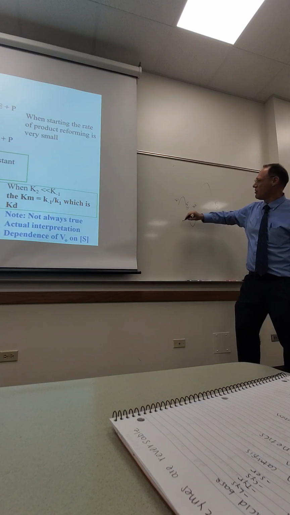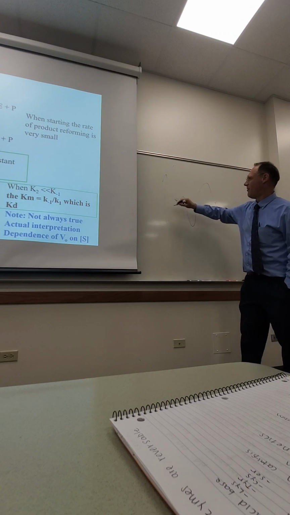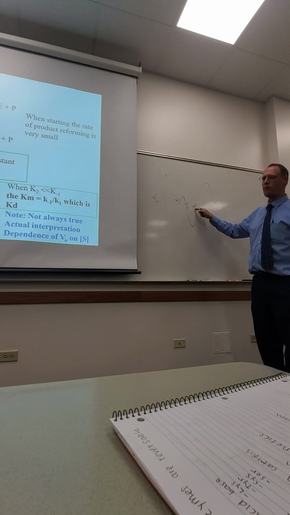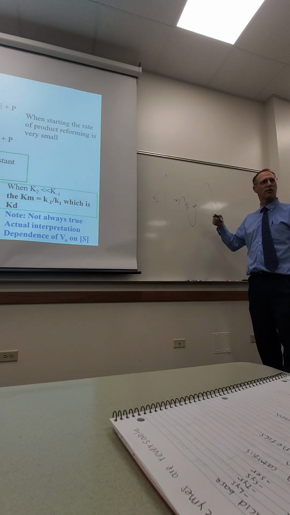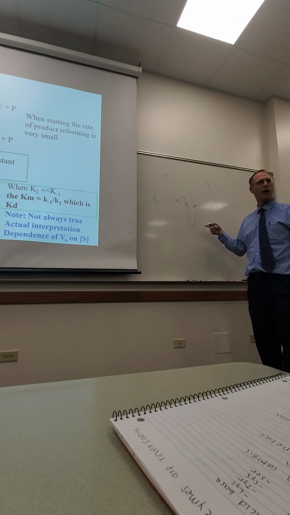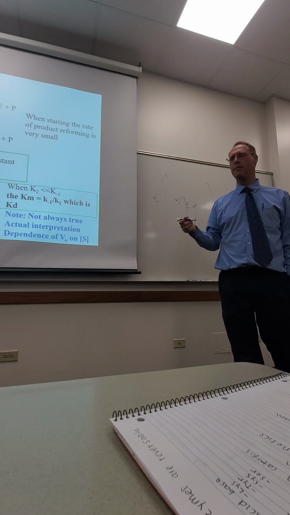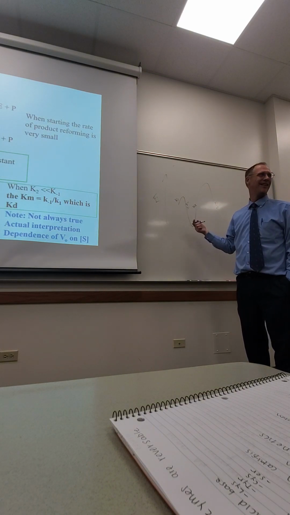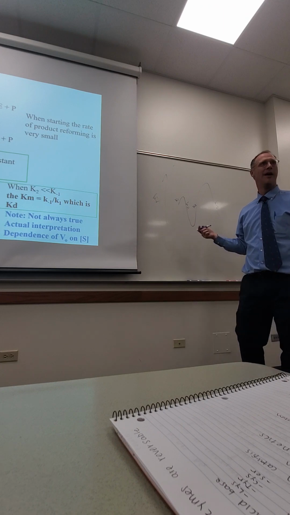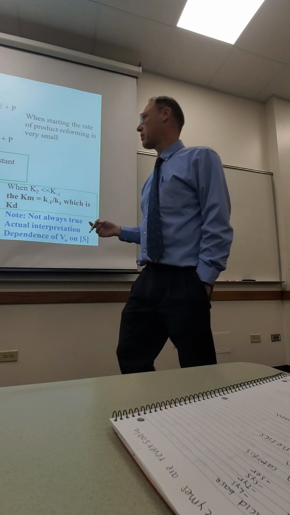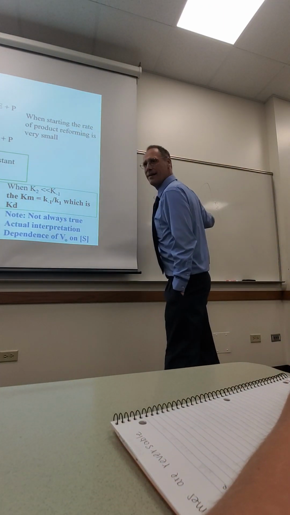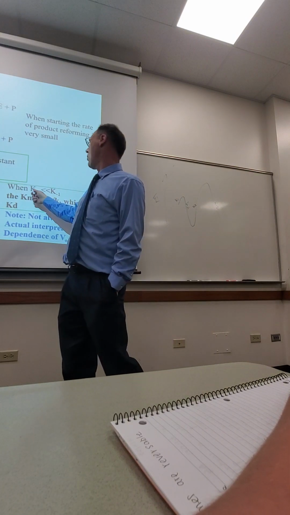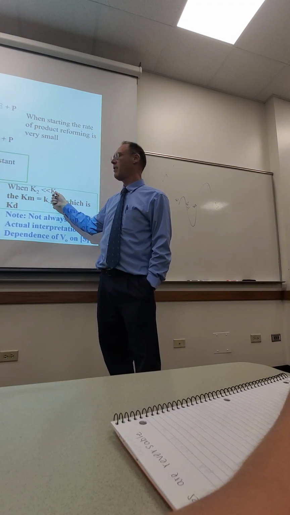This is the energy right here, but the rate, if it's really slow, it requires a lot of energy to get over it. But if it's really fast, it doesn't require much. So they're inversely proportional when we talked about the height here versus that. But when K2 is much, much smaller than K1,